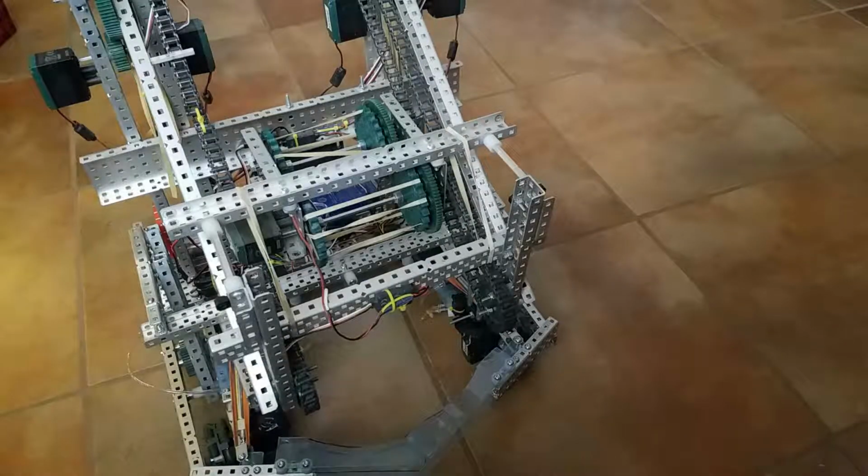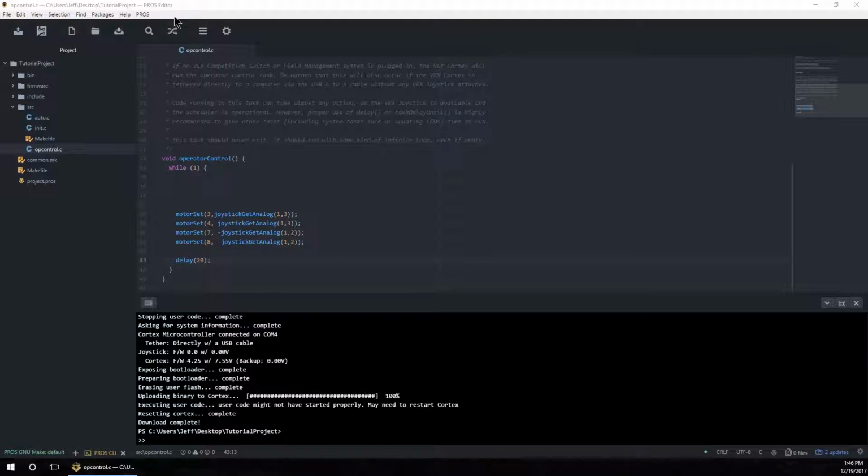So let's figure out how we can write that code. Let's start with the going straight part. Let's say we want the left joystick, which is axis 3 for up down, to control how we go straight. So if I just set all of these motors to axis 3,